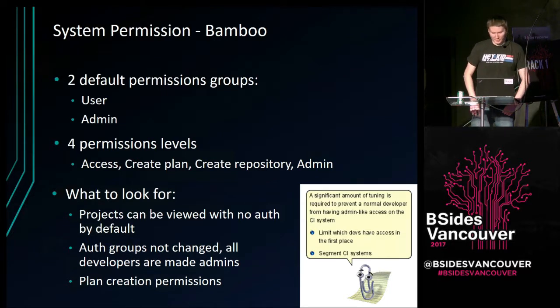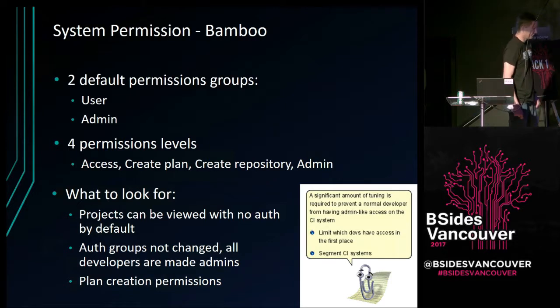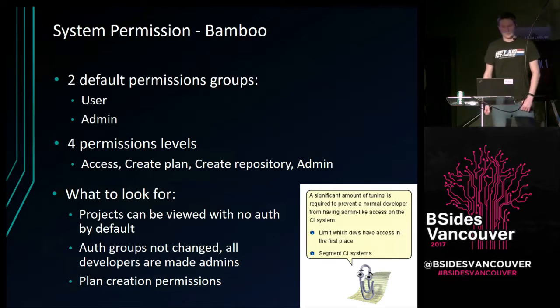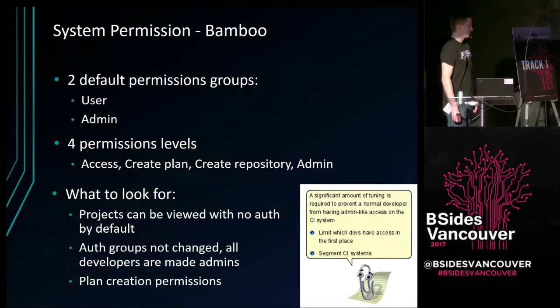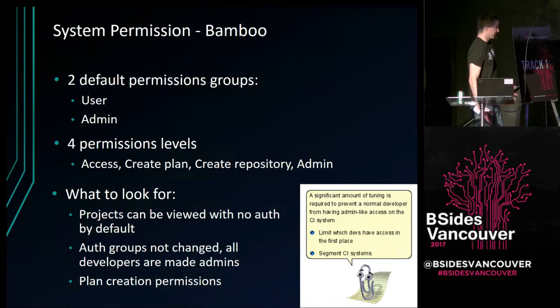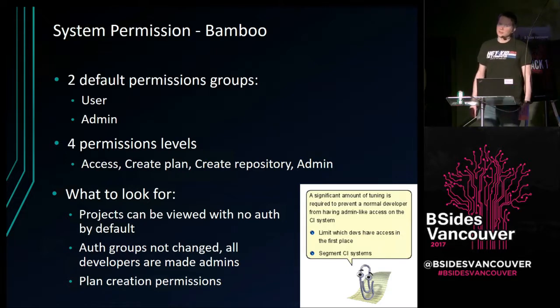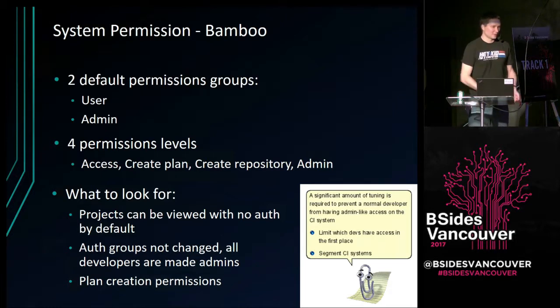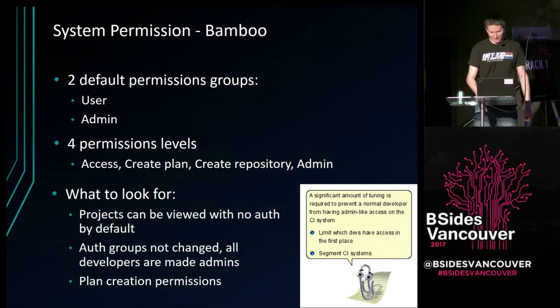So a solution that you might want to look at is maybe your developers don't generally need access to the CI system. Maybe you've got a few build engineers or an engineering manager that has access to the system. Depends on your company. Or the second is that you probably at least want to segment your CI systems. So instead of adding every new project to the same system, if you've got 2 teams that work on different projects that shouldn't trust each other, put those on 2 different sets of CI servers.